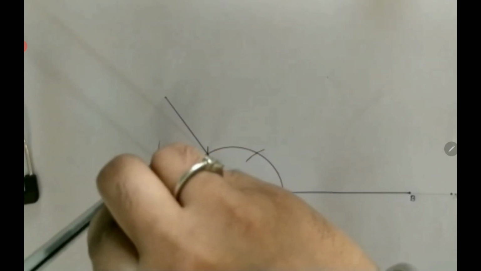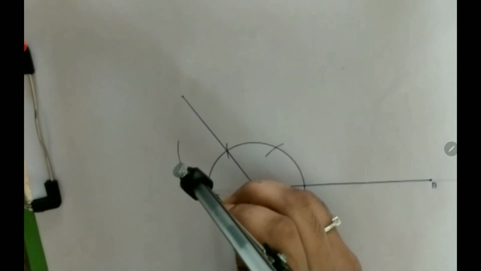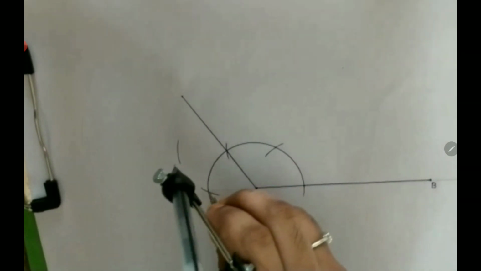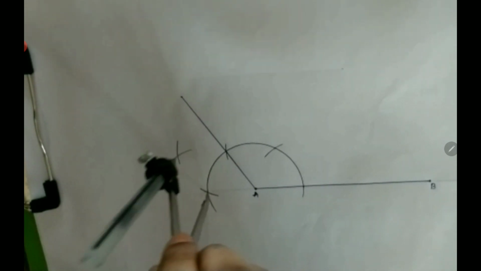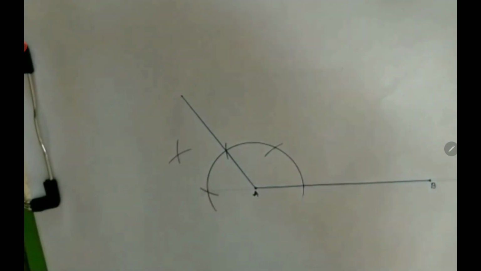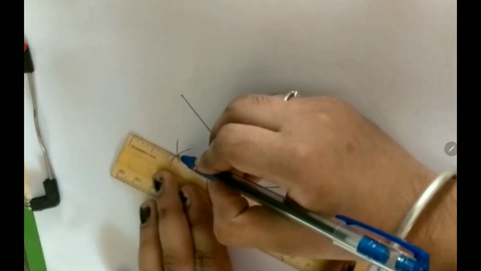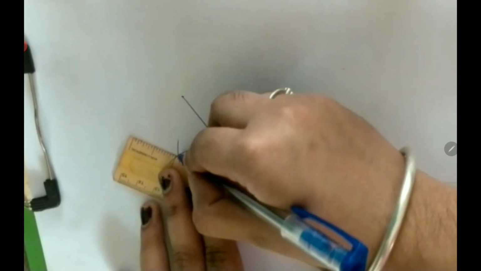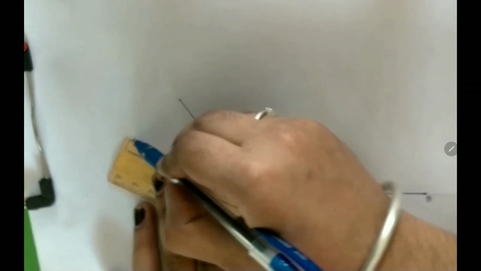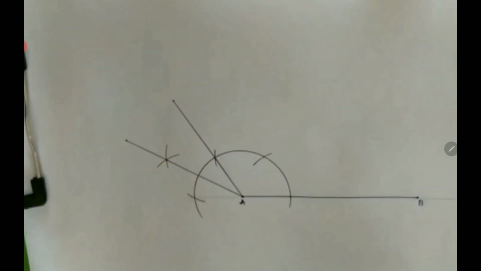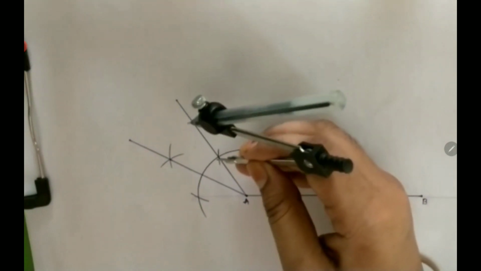Now you bisect like this way. So you got the point of intersection of the angular bisector of the 60 degree angle. Join that point of intersection to the initial point A. 120 plus 30, you got 150 degree here. This is for 150 degree. The angle between the ray 120 degree and 150 degree is 30 degree here. You bisect it.